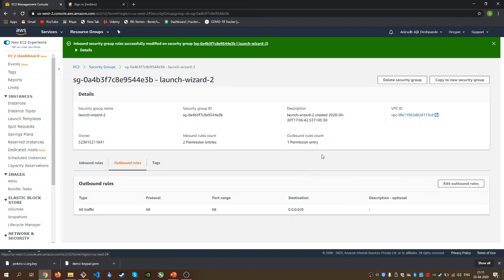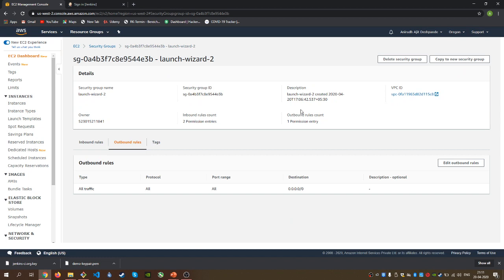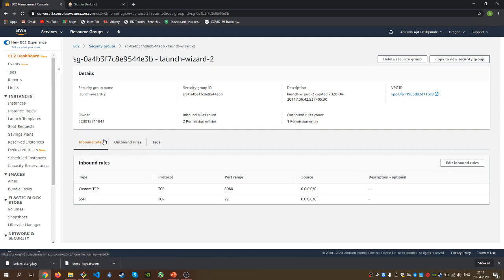Security groups play a very major role as part of EC2 provisioning security and its firewalls. So be sure that when you are playing with security groups, you try to understand when and why you have to allow these connections, and that will really get you an in-depth idea on what exactly security groups are. So that's all for this video,